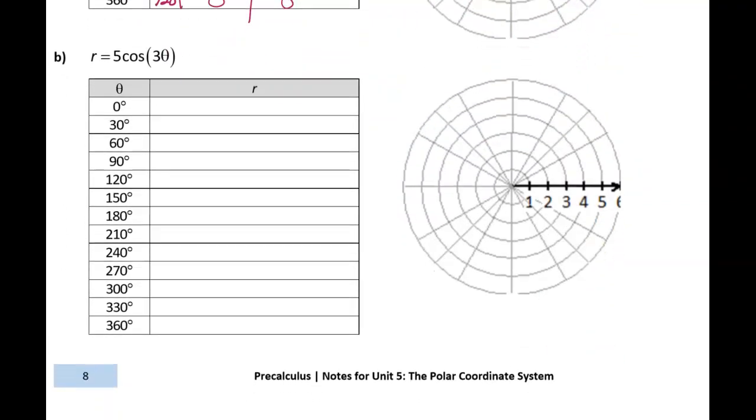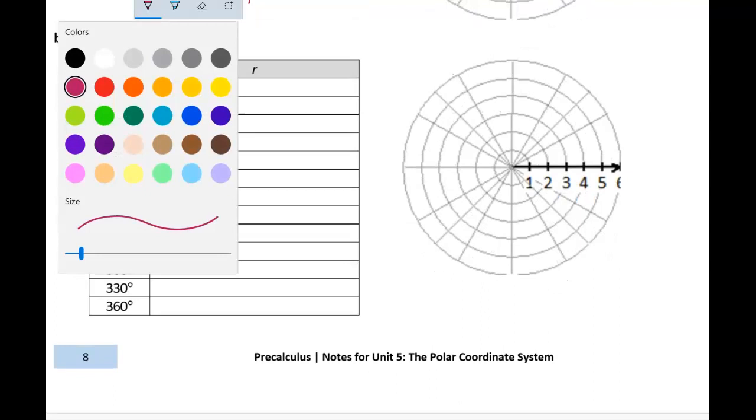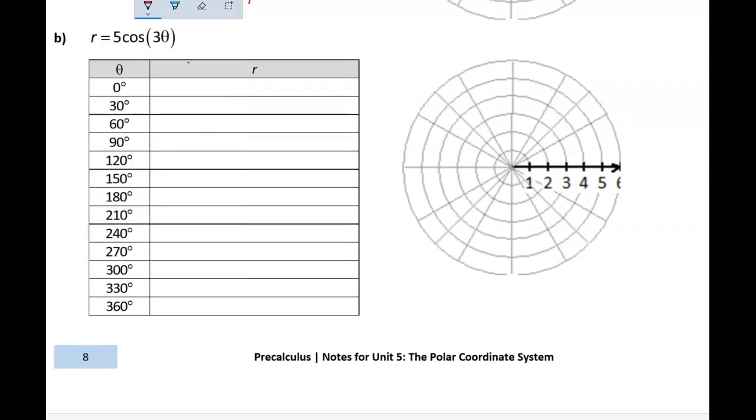All right, let's take a look at the next one. 5 times the cosine of 3 theta. We'll create some extra columns here for the table of values. We're going to have to triple each of the theta values and then take their cosines. And then finally multiply by 5 to get the r values. So triple would be 0, 90,